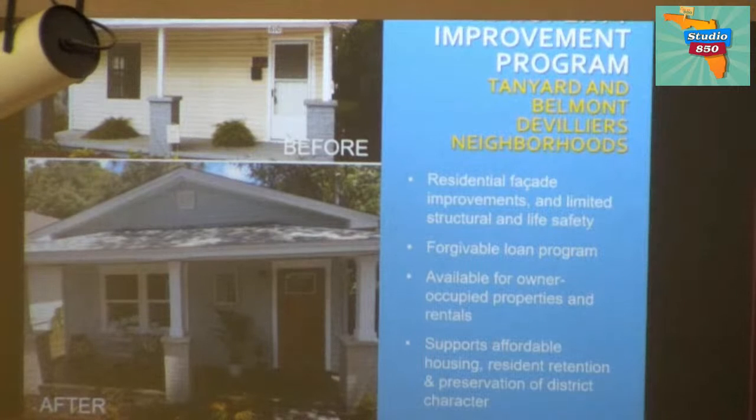0% interest deferred payment loan. These are loans that are secured by a lien placed on the properties. So these liens are for a term of 3 years for owner-occupied properties and 5 years for rental properties. The liens are reduced on a daily basis over the course of the full indenture period, and ultimately they're forgiven